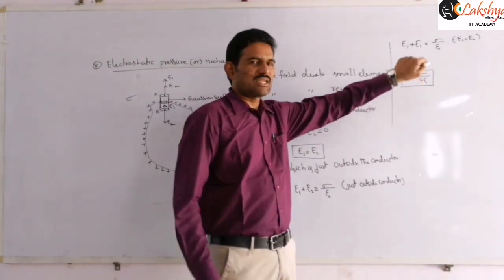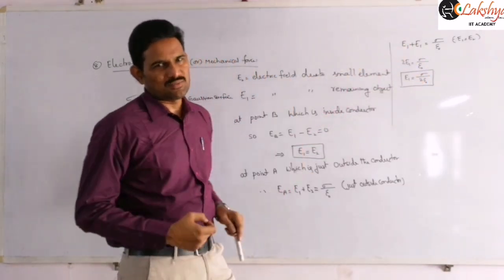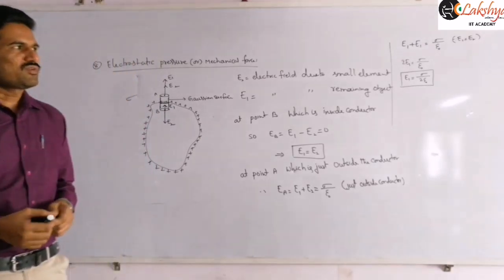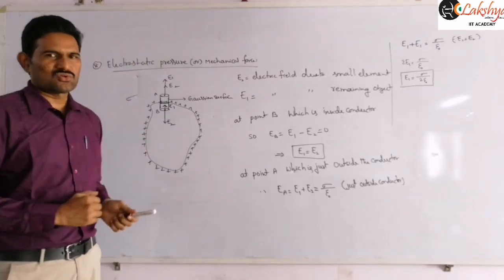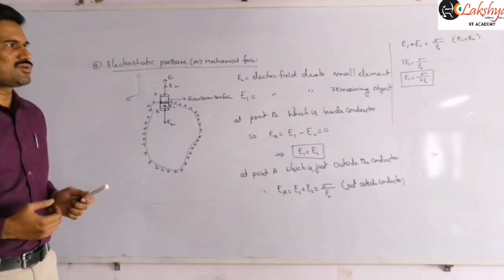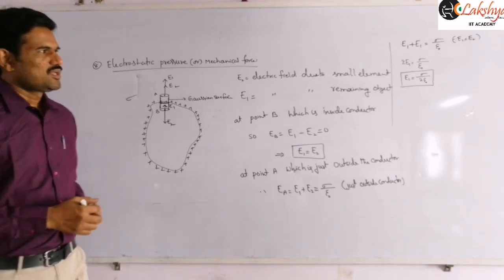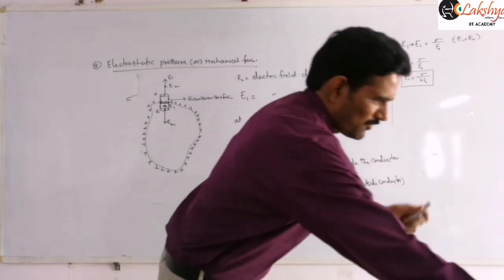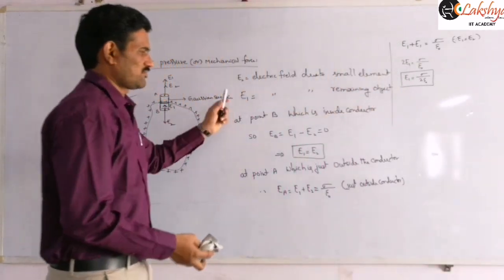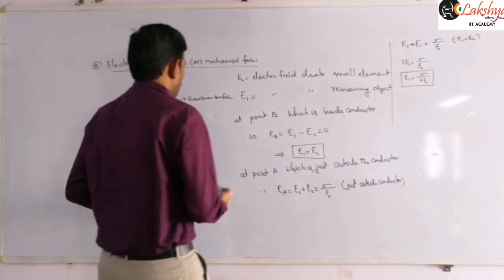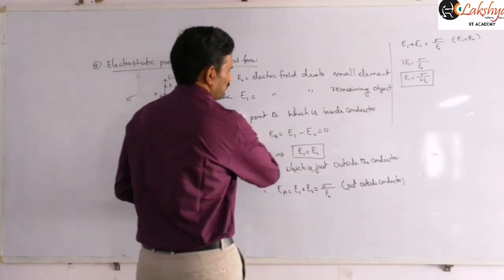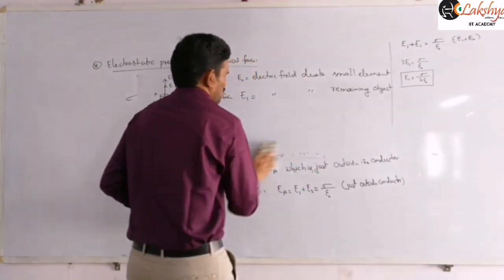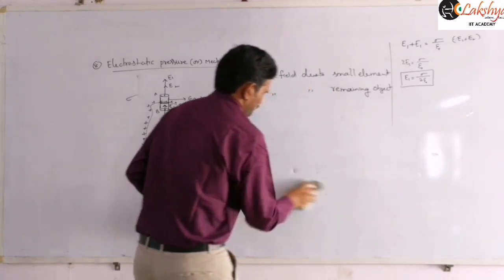Now in this electric field our small element is present here. E1 value is the same, and E2 is not required for us. So that is the electric field with the whole object there. Now we need to use it to write the force expression. I am dropping this part, and so now let us write about the force.